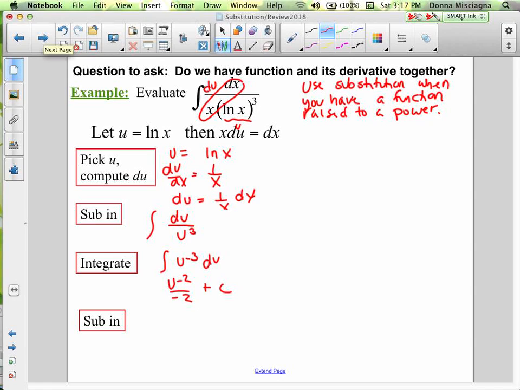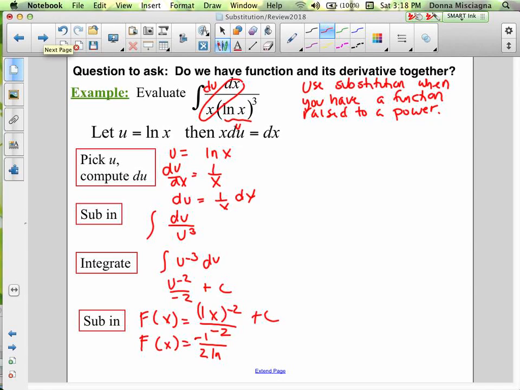plus c. And now we'll substitute back. So now we have f of x equals, right? So we have, we'll just substitute and then we'll simplify that negative exponent. Natural log of x to the negative 2 power divided by negative 2 plus c, right? And then let's just simplify the negative exponent. F of x equals 1 over, let's make it negative 1. Negative 1 over 2 times natural log,